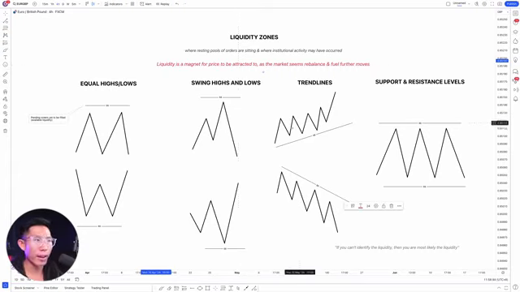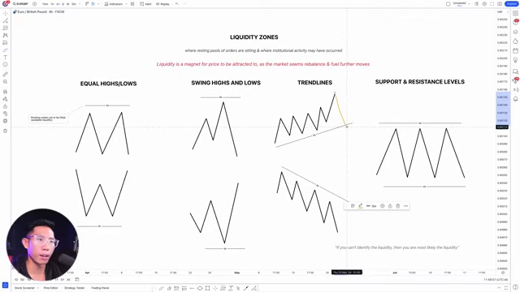And then you have your trend lines, right? Trend lines are where, if price is creating an uptrend, you can draw your trend line connecting all these higher lows right here, which means all the stop losses are going to be below all these higher lows as well, and which means there's going to be liquidity below this area right here. So that is exactly why sometimes smart money will push the price down and actually break past the trend line and still head back up, right?